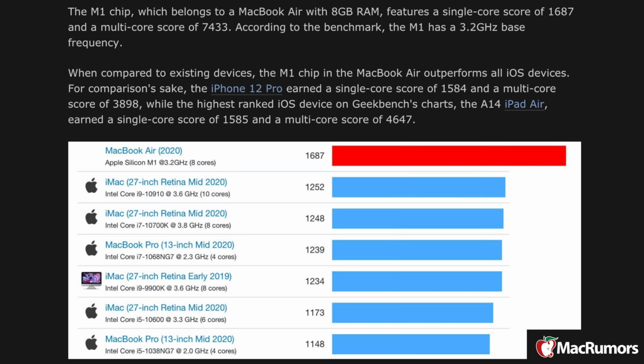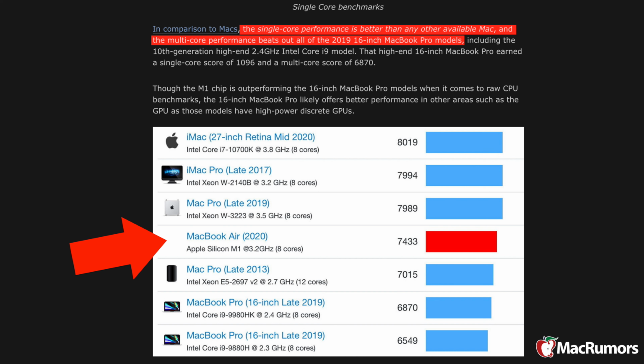But there have been leaked benchmarks for the M1 chip in the MacBook Air. And this feels crazy to say, and I will believe it when I see it, but this leaked benchmark purportedly shows the M1 chip in the MacBook Air outperforming the Intel i9 8-core processor inside of the 16-inch MacBook Pro, which is the computer I have right here. It costs way more than $999, and if the new MacBook Air is actually able to outperform the 2019 MacBook Pro completely maxed out, it will be an absolute game changer for Worship Keys players.